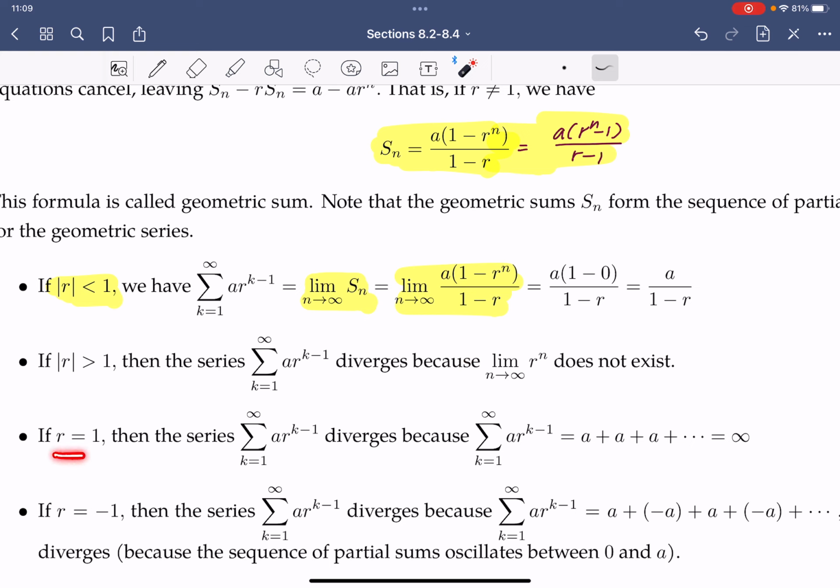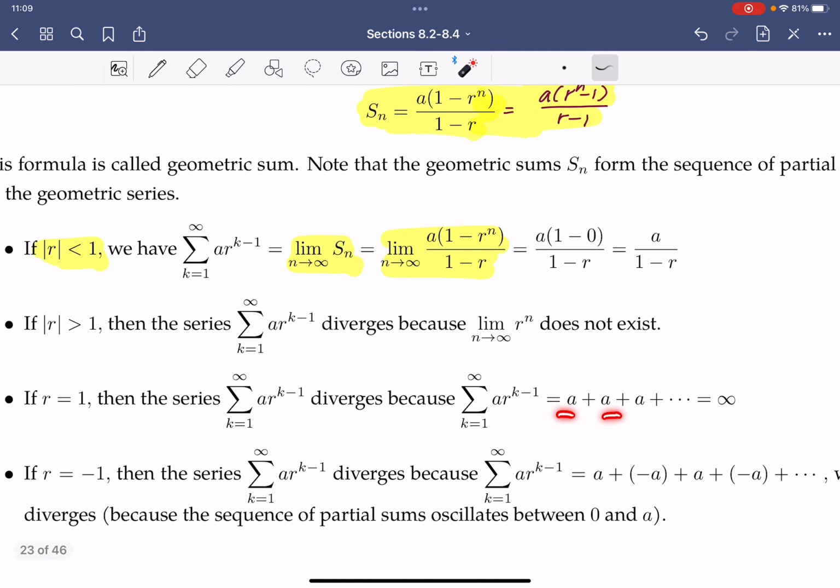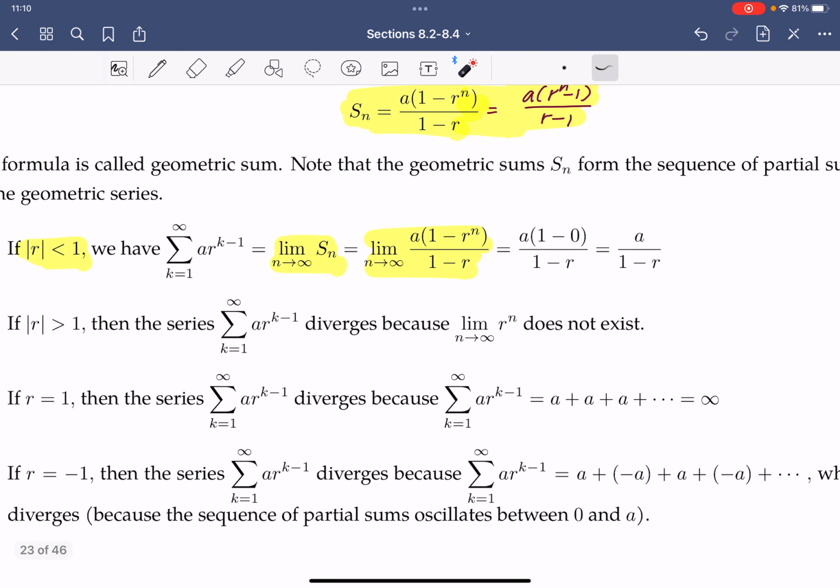Same thing when r equals 1 and r equals negative 1. When r equals 1, you're going to have a plus a plus a plus a, and keep going, and that's going to be infinity. Or when r equals negative 1, you're going to have a plus negative a plus negative a, and this is going to be